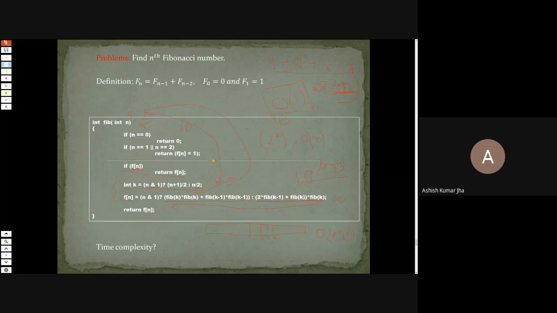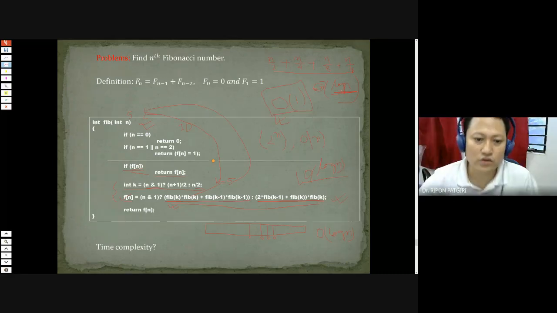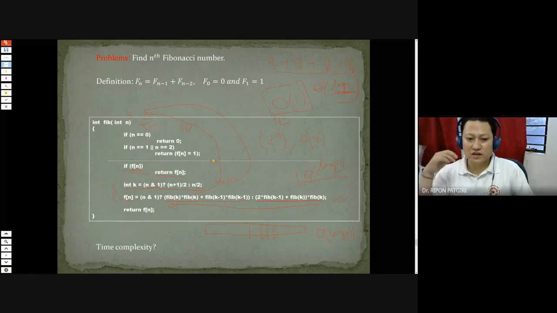It will directly get k minus 1 and k, like half of 10, that is 5 and 4. But sir, I am not getting how it is computing the 10th Fibonacci number. It is directly keeping it half and then again half and half. How is it computing the Fibonacci? You take one example and compute it on pen and paper.